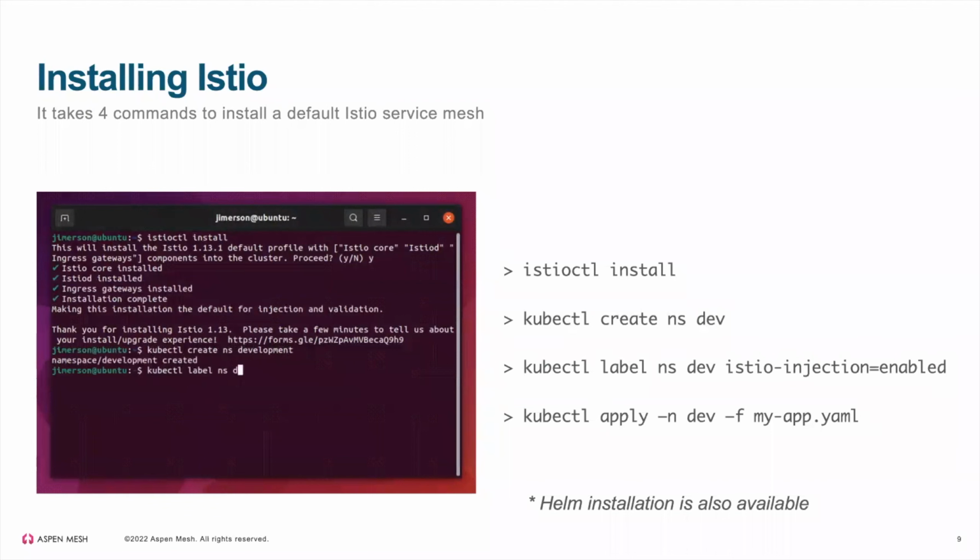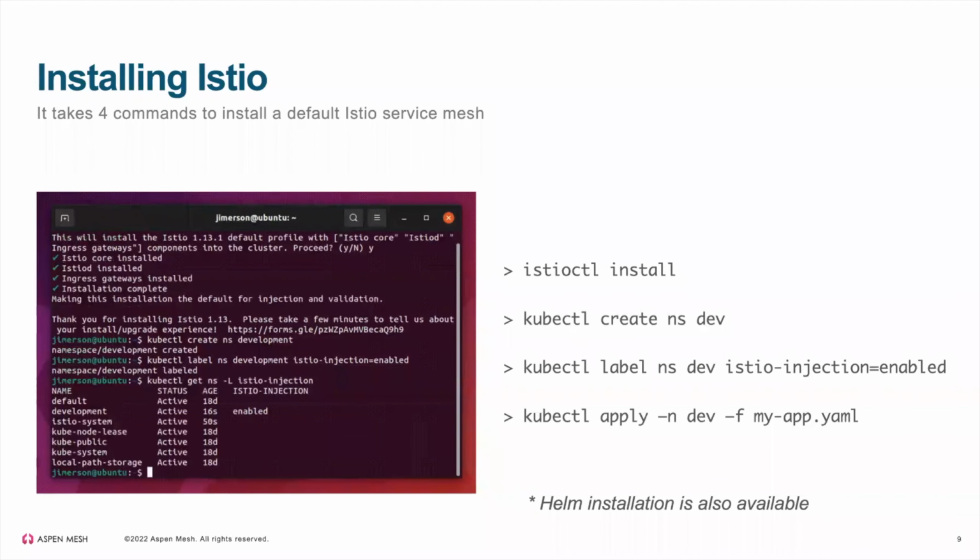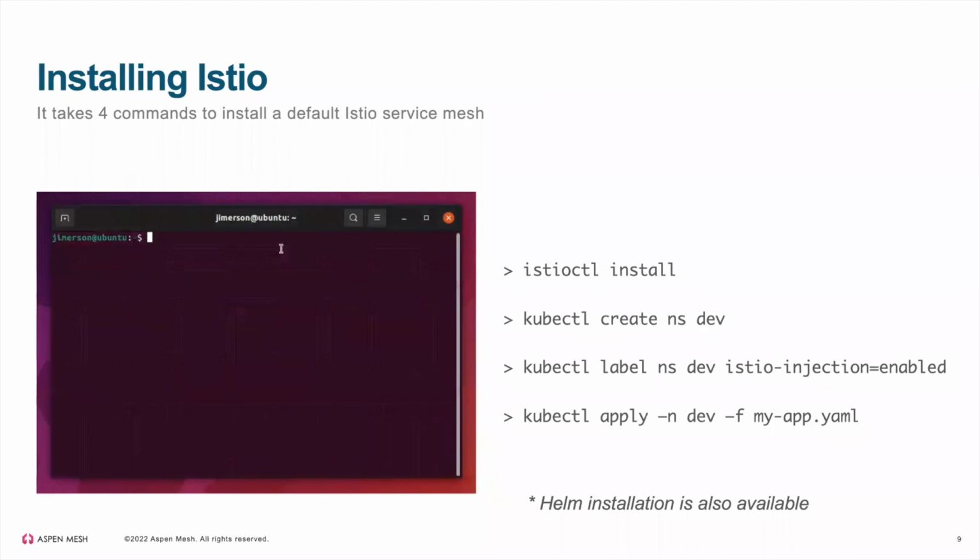And then you can create a new namespace and label it with Istio injection, or label an existing namespace with Istio injection, and any workload, or any pod that gets deployed to that labeled namespace will automatically have the sidecar proxy injected into the pod.